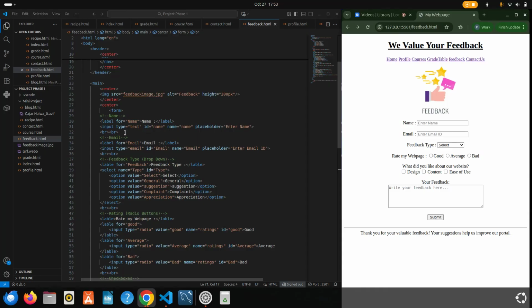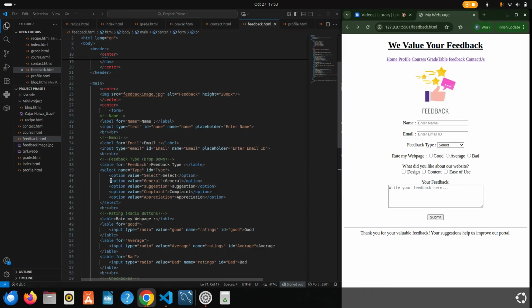Input is used to take different types of user input. Here ID and name identify the field, and placeholder shows hint text inside the field. Here the BR tag is used for a line break.